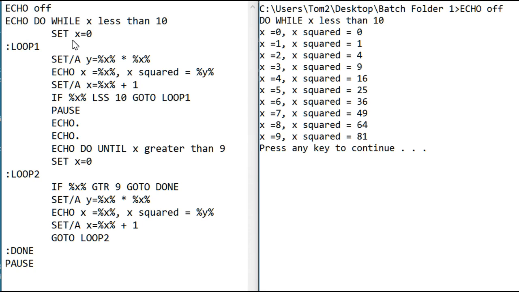What this does, it keeps going through the loop as long as the variable is less than 10. It starts with a variable of 0. It calculates the variable times itself and then echoes the variable value and what x squared is. Then it increments the variable by 1, does the test to see if it's still less than 10, and if